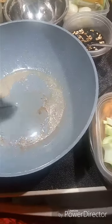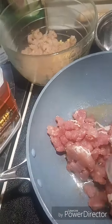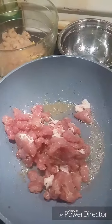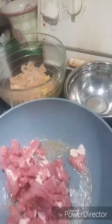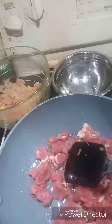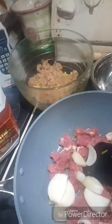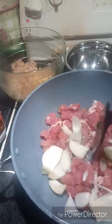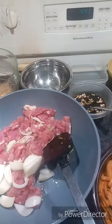So now, we're going to need some more oil. And then we're going to put the pork in here, and the onions, because they take a while to cook up. And I use the recipe I will add at the bottom as a